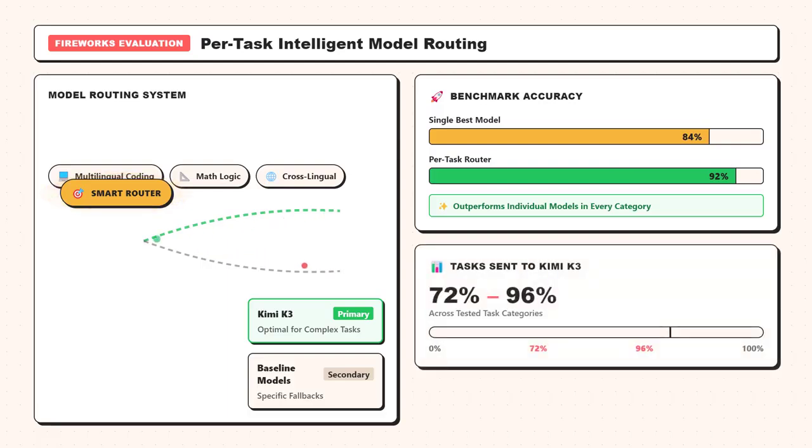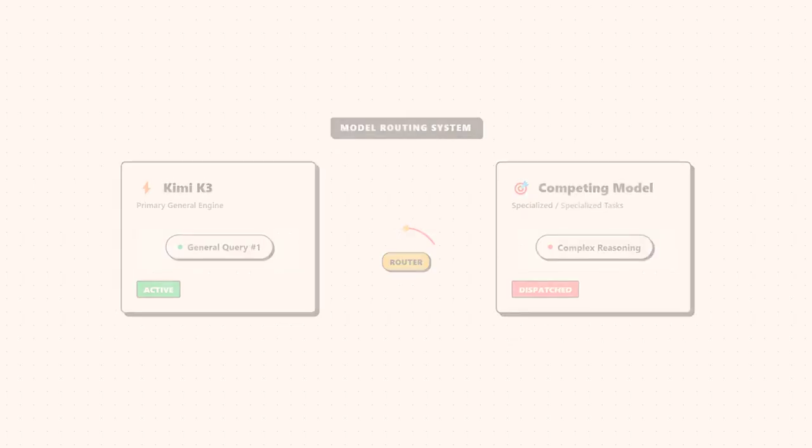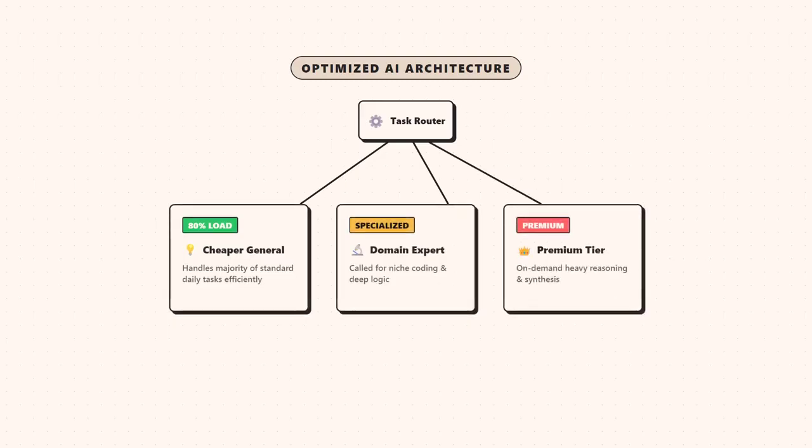The theoretical router sent between 72 and 96% of the tested tasks to Kimi K3, depending on the category. The remaining tasks went to the competing model when it appeared more suitable. That's probably closer to how serious AI systems will be built. You won't necessarily have one model sitting at the center of everything. You may have a cheaper general model handling most tasks, with specialized or premium models brought in only when the